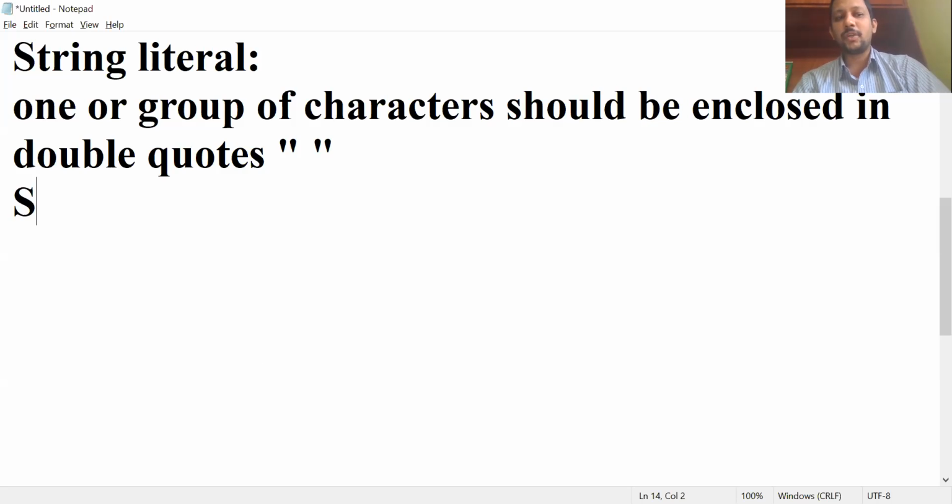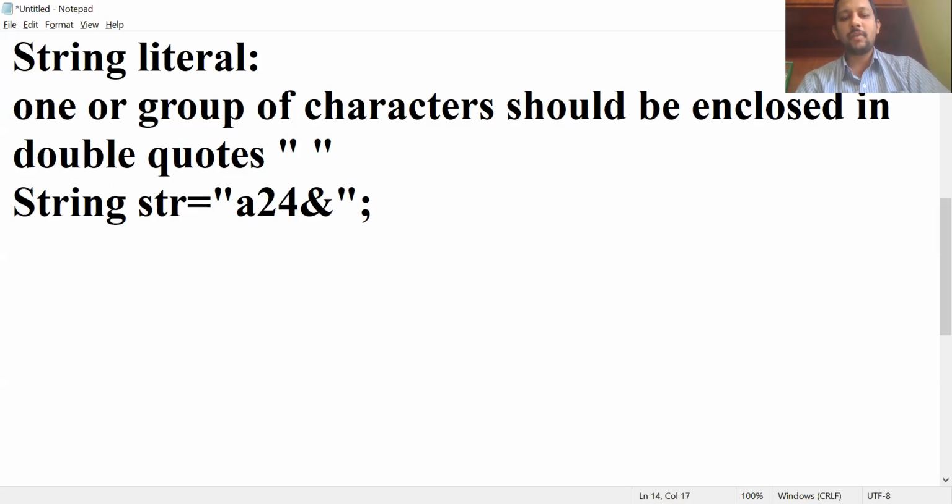See, like this example, a string str is equal to a group of characters: a, 2, 3, dollar symbol, whatever it is, a group of characters. Now example, see.